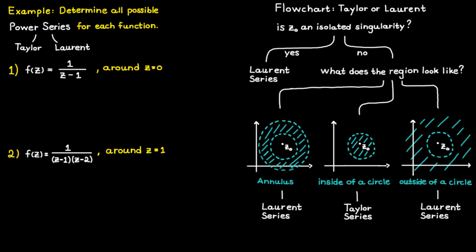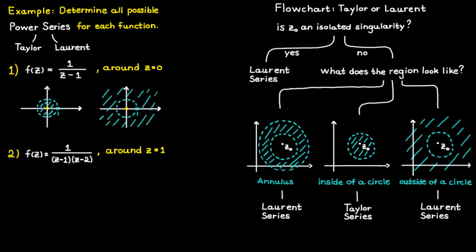To be able to determine the different regions for a function, we always need to start by marking the important points on a graph, and the important points are always going to be the point of expansion, c0, which in this case is going to be c equal to 0, and the isolated singularities for a function, which in this case is going to be at c equal to 1. And from this information we can create two different regions, one inside the circle and one outside of it.